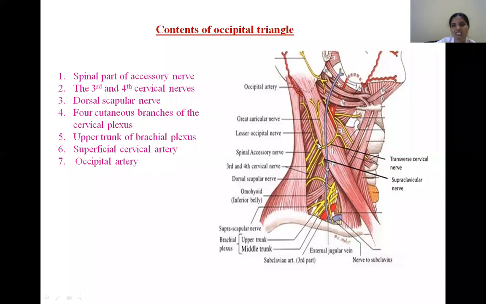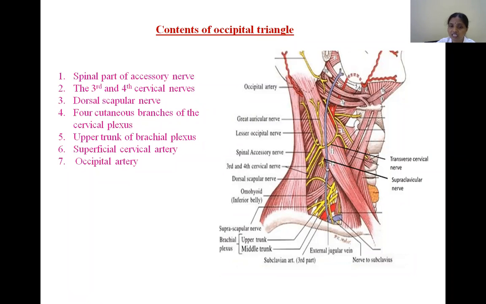So how can you tell this is a splitting? If you do the dissection well, the spinal accessory nerve is present within the investing layer. So what is this investing layer? Already discussed in the deep cervical fascia. On reaching the anterior border, the deep cervical fascia is split to enclose the sternocleidomastoid. Again, along the posterior border, it fuses to form a single sheet, crosses the posterior triangle, right? And reaching the anterior border of the trapezius, again it is split and encloses the trapezius muscle.